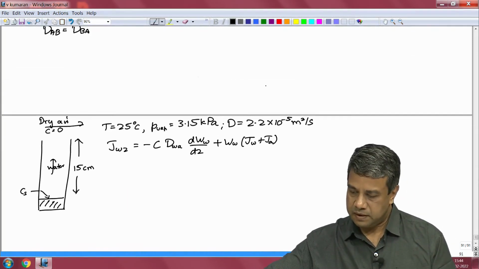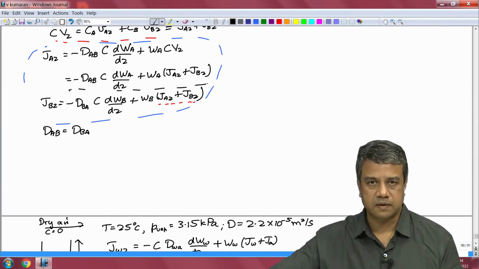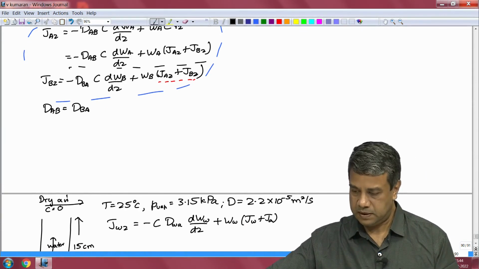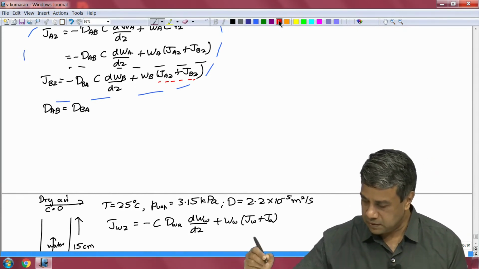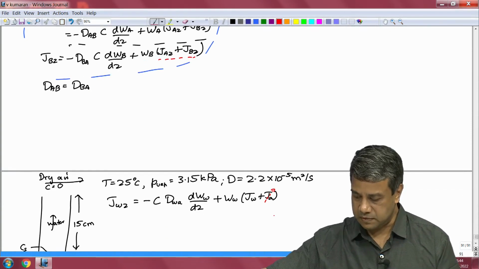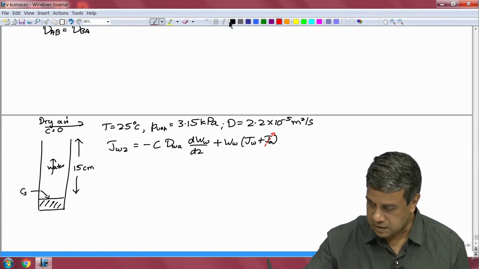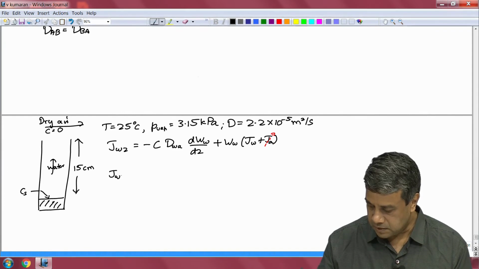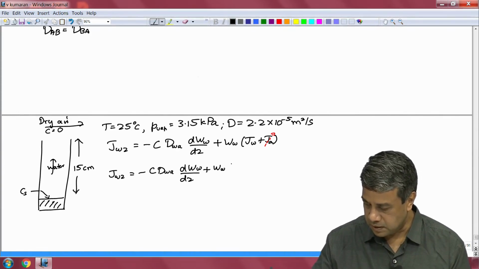If you recall, that is the equation that we had for the flux for the two species. We know that the flux of air is much smaller than the flux of water by a factor of 1000 or so. Therefore, the equation that I get for the flux is just J_Wz is equal to minus C D_WA dW by dz plus W times